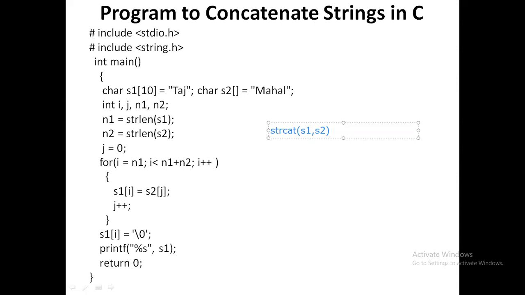So S1 and S2 are arguments. If I want to directly use this function, I will just include strcat, S1 comma S2.